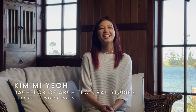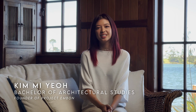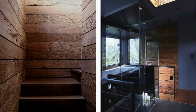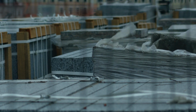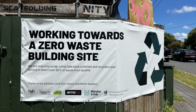Kia ora, my name is Kim and I'm an architecture graduate from the University of Auckland. I'm currently working as an architectural designer at W10 Architects. We engage in diverse projects both locally and internationally, partnering alongside advocates for sustainable building design. I am also assisting research in a brands project where we are focusing on the sustainable management of plastic waste